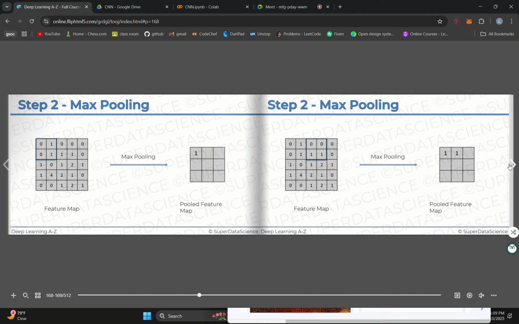Suppose you take an actual image. An actual image is not a 4 by 4 matrix. It has quite larger dimensions, so in that case this value increases a lot. All right, so max pooling is basically to handle this case. Suppose the image is rotated or something has happened, say the smiley looks more like a smirk. In order to understand that, we need to perform max pooling because it helps the model understand the